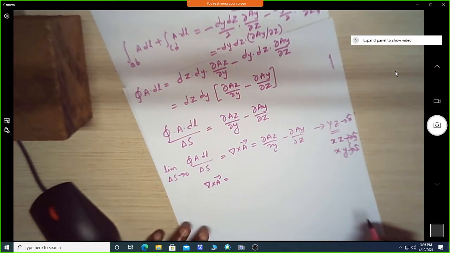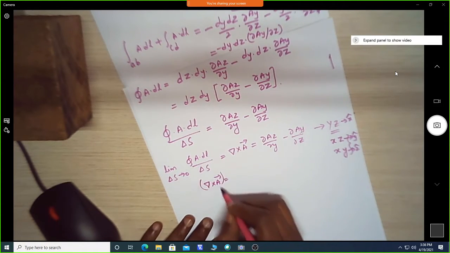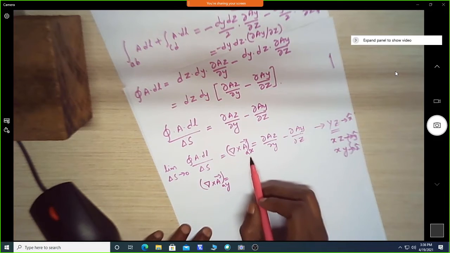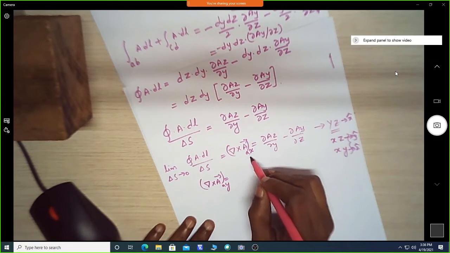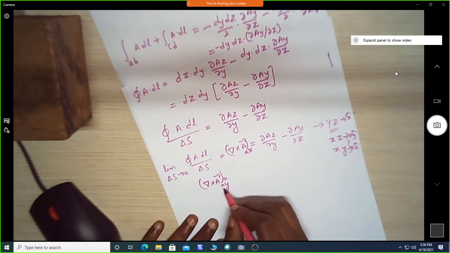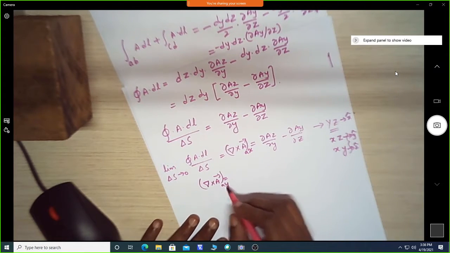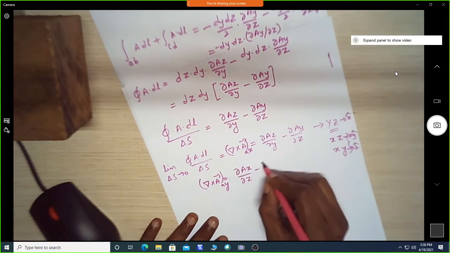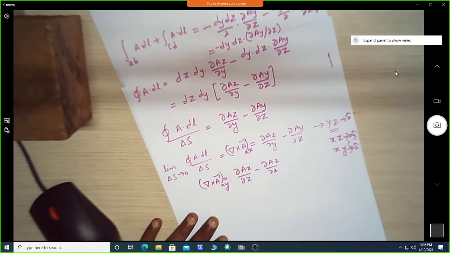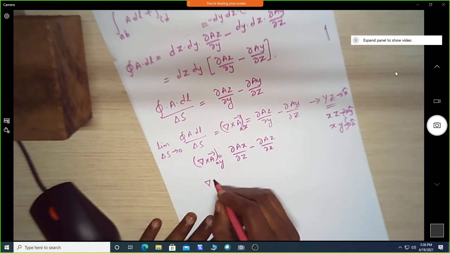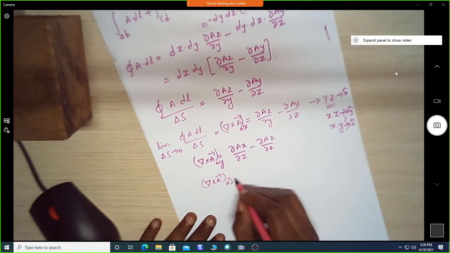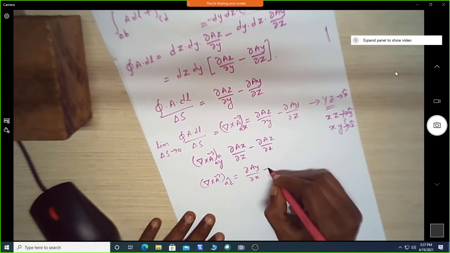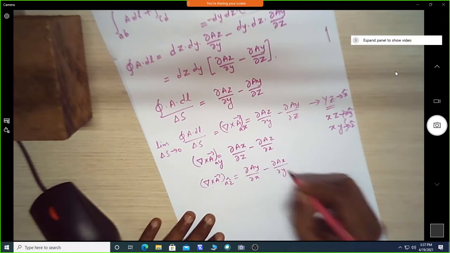So now if I consider the curl of A in the x direction, this is in the direction of ax, the unit vector normal to the plane. Similarly, in the unit vector ay direction, we can write it as del ax by del z minus del az by del x. Similarly, in the az direction, this is del ay by del x minus del ax by del y.